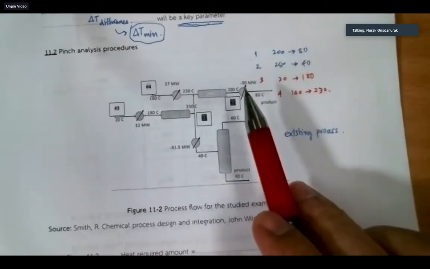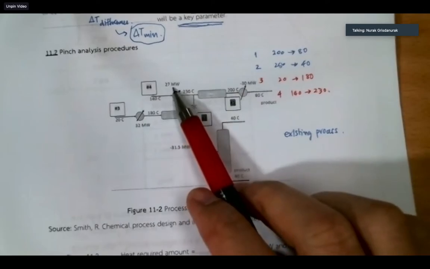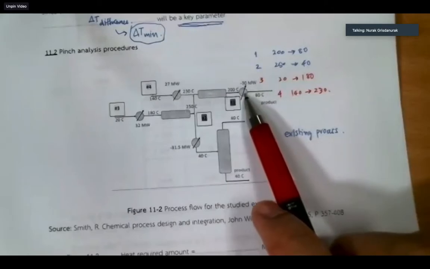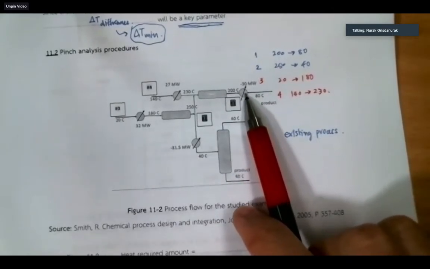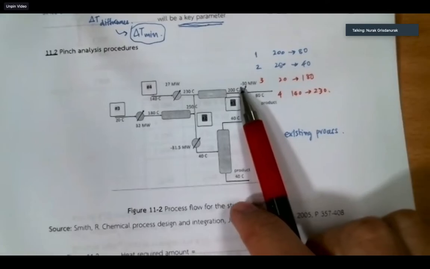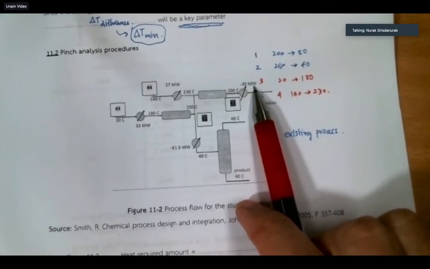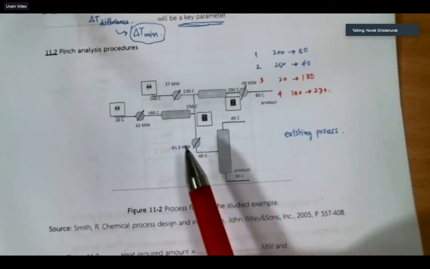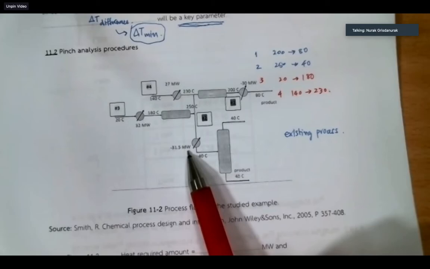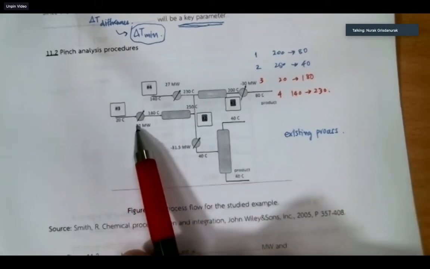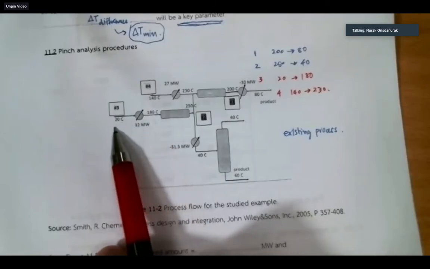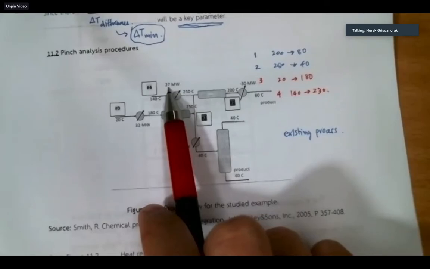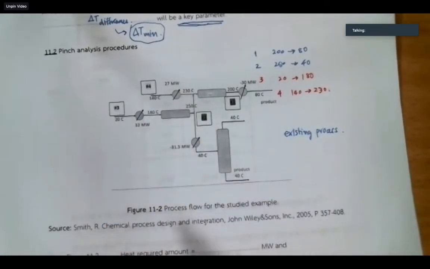And they also provide you the heat amount. The heat release is 30 megawatts. How much heat will be removed from 250 to 40 degrees Celsius? 31.5 megawatts. How much heat needs to be input into the heater to increase the temperature? 32 megawatts and 27 megawatts, right? So let's